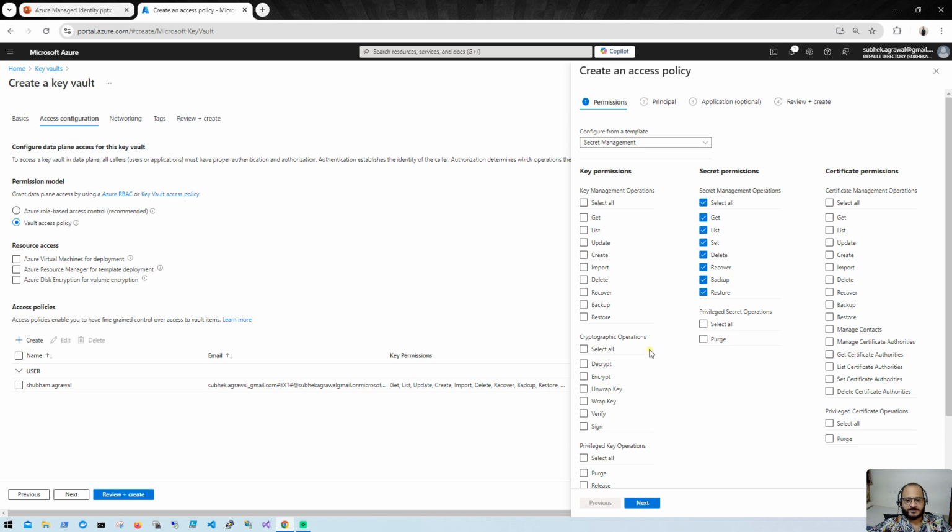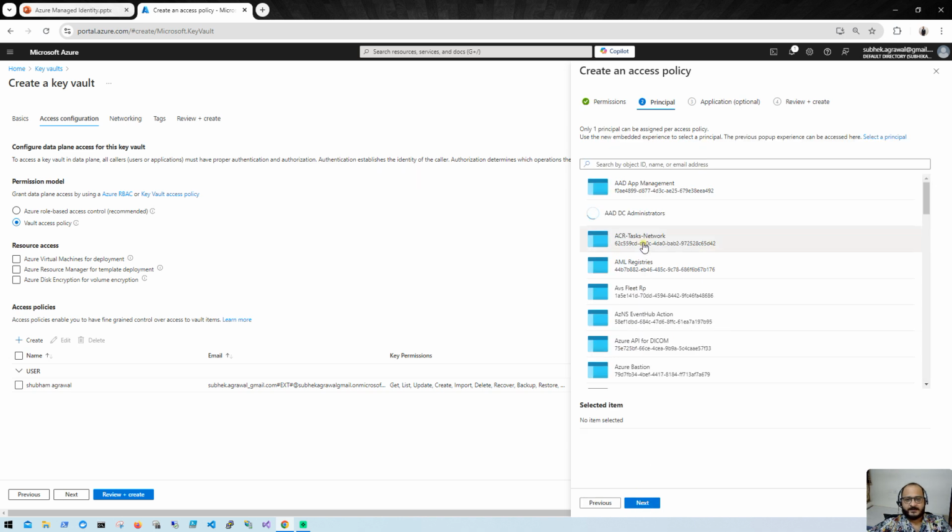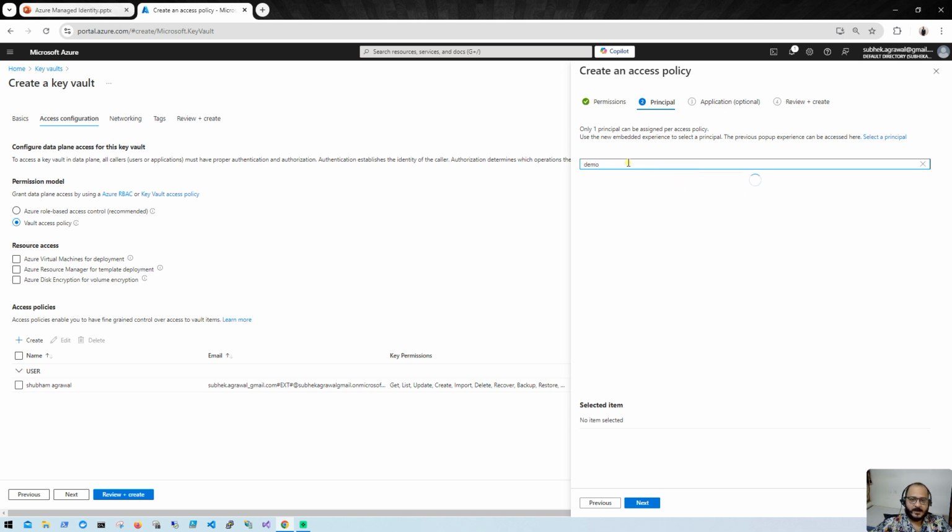Next, we will select the user assigned managed identity which we have created, because we want that identity to have access on the Key Vault. Then only can we utilize the managed identity in our application. So let me search the name demo. This is the name which we have chosen for our managed identity. So let me choose it,